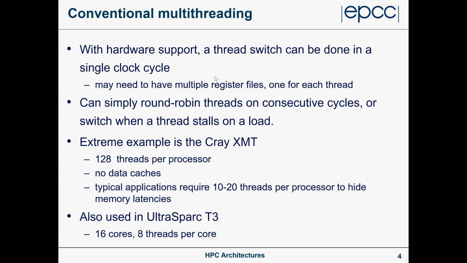And there have been relatively recently processors and hardware with this kind of functionality built into them. So Cray designed a custom processor, the XMT, which was a highly threaded processor, 128 threads per processor, and it had no caches in it at all. So it was really pushing to the extreme of saying